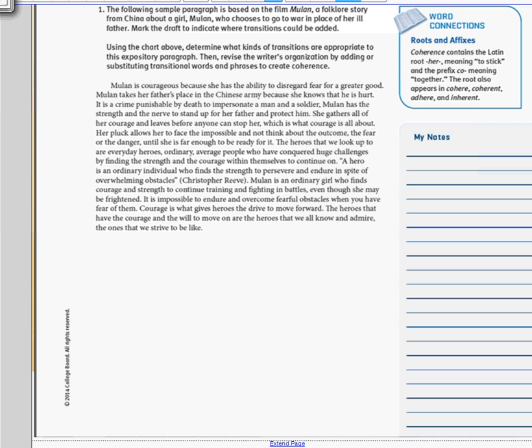Okay, and can you read the directions that follow just below that, please, Nina? Using the chart above, determine what kind of transitions are appropriate to this expository paragraph, and devise divided organization by adding transitional words and phrases to create coherence. Got it. All right, first, before we have you folks actually read,